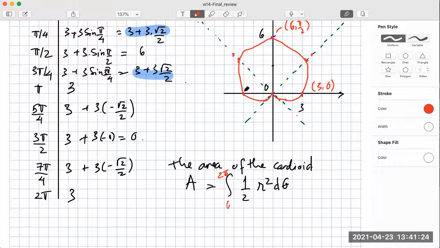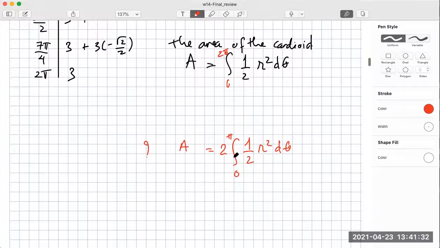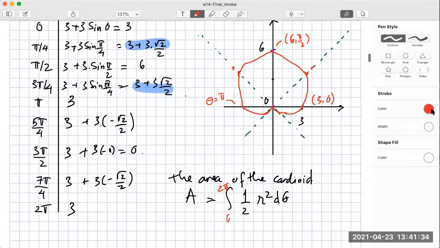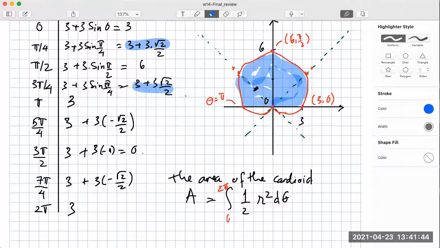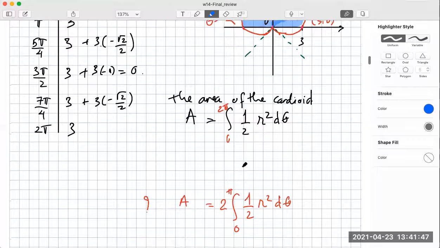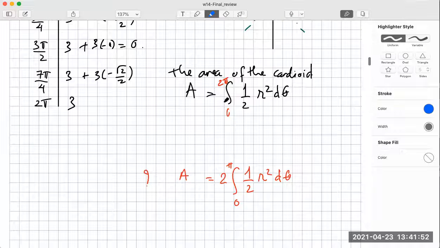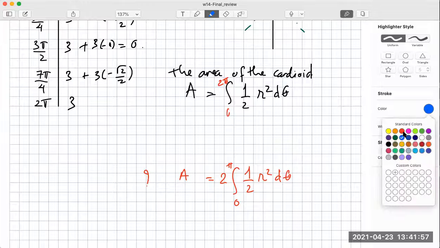That is where theta is pi here. So if you do this, the area will be the area of this part. And if you double it, it will be different. Okay? So be careful. If you simply look at the limits here, it does not tell you much about the figure, which is why we have to plot this curve